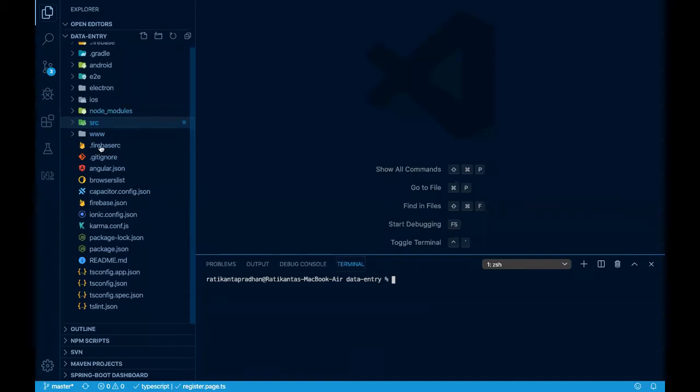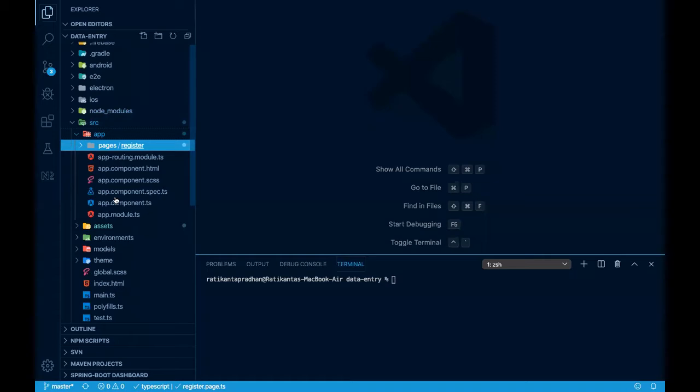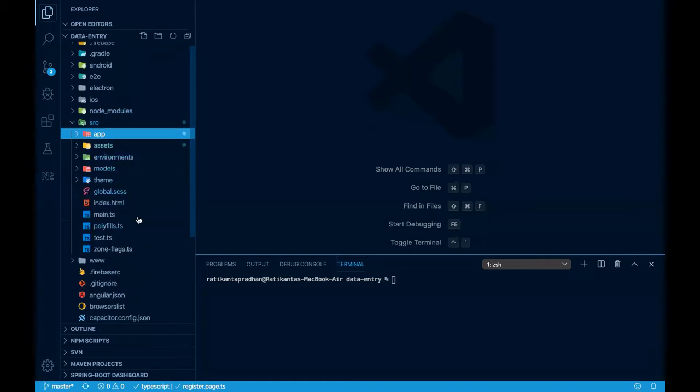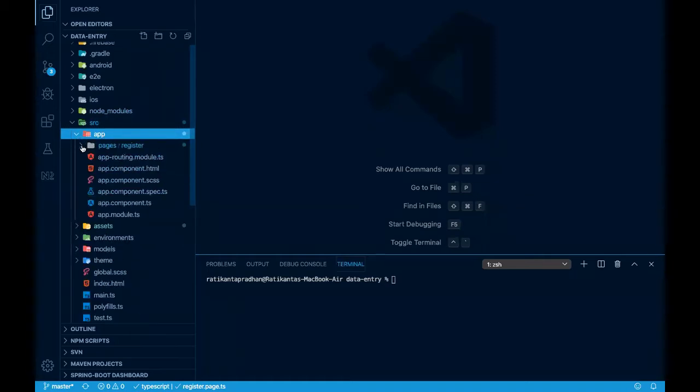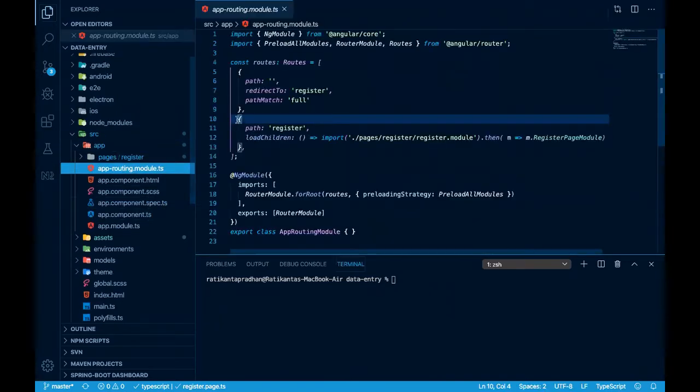Inside the src folder we have app and index.html. This is just the Angular structure. Being component based, our root component is app component, our root module is app module, and we have the app routing module here. In the app routing module, we have used only one page, which is